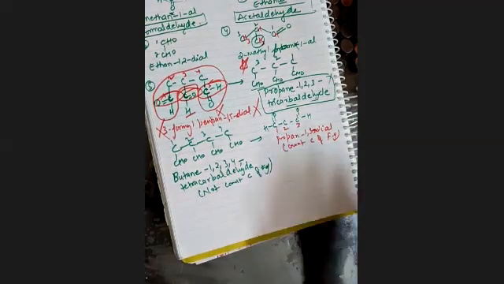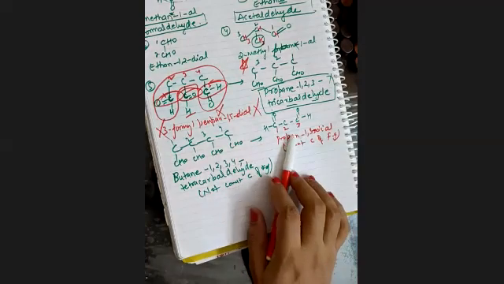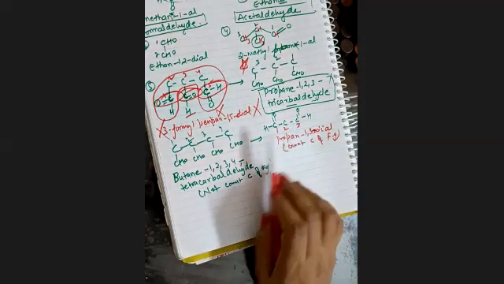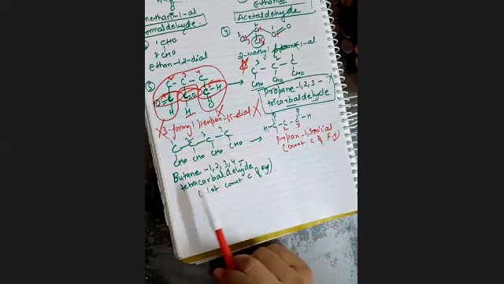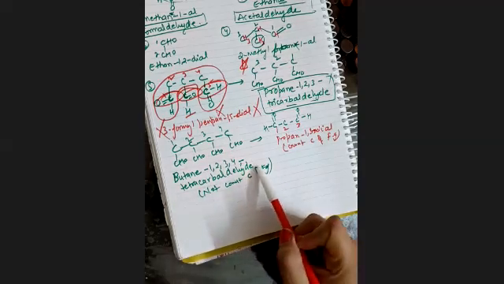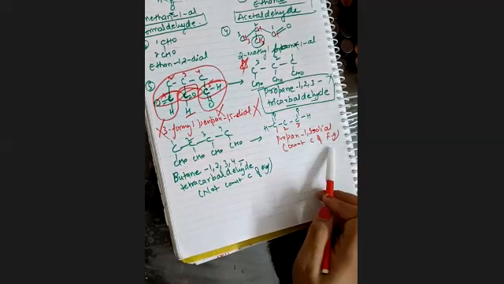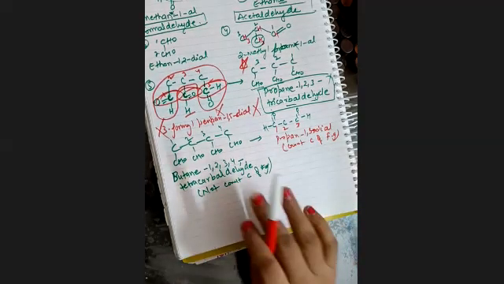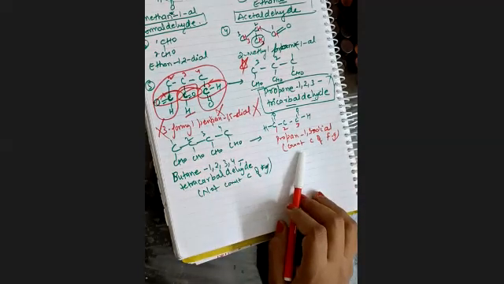So दो तरीके से nomenclature होता है. One in which we count the carbon of the functional group. Another one where we do not count, जब count नहीं होगा, at that time we use the word carbaldehyde, and where we are counting, at that time we will be using al. Clear? This is the basic difference. You need to identify this one.